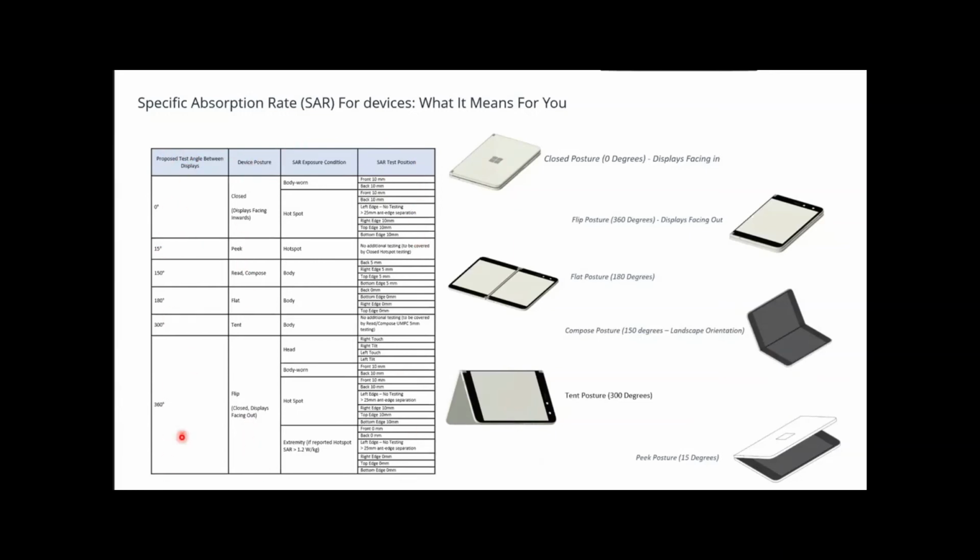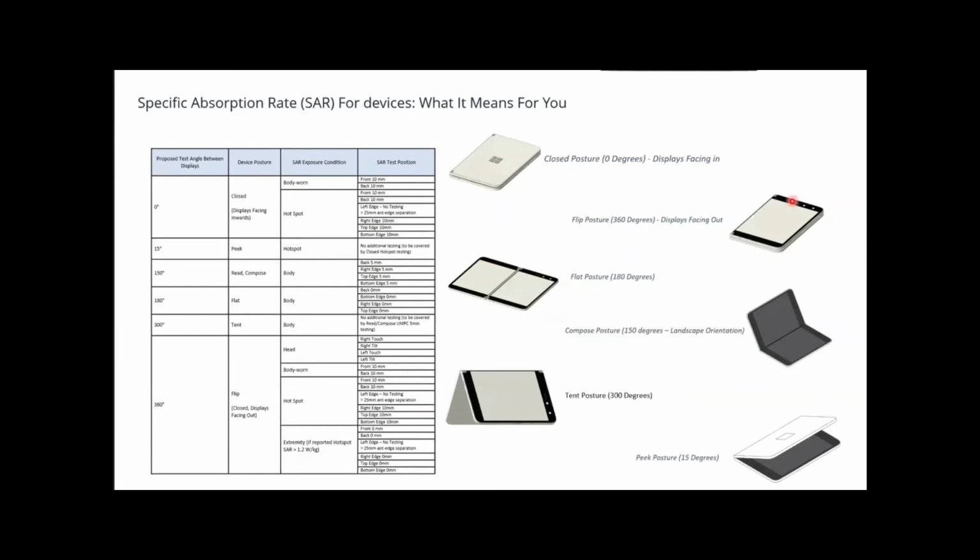Depending on the angle, and we have sensors in here to detect the angle between this face and this face, we can tell what mode we're in, and we will apply a different type of SAR mitigation depending on the angle of the two screens. That's one way of us knowing how to pass these tests, because we can actually work out